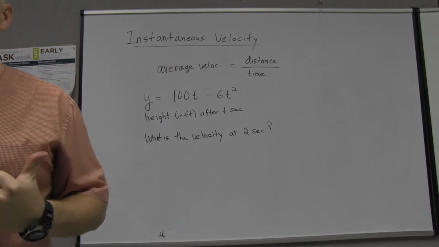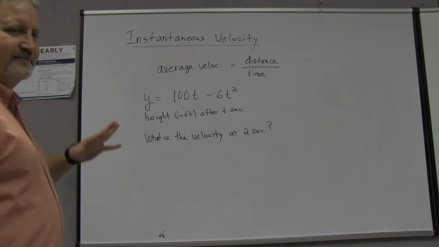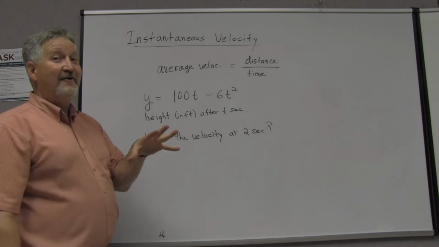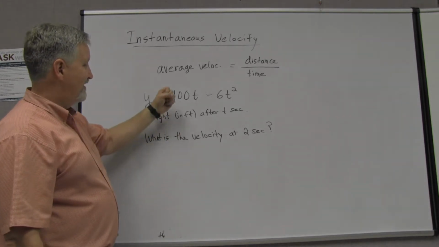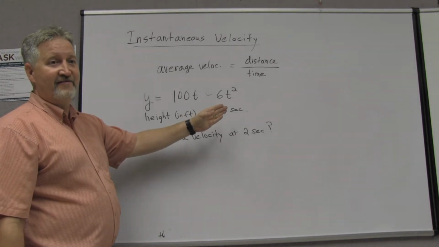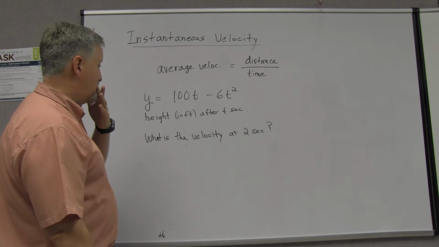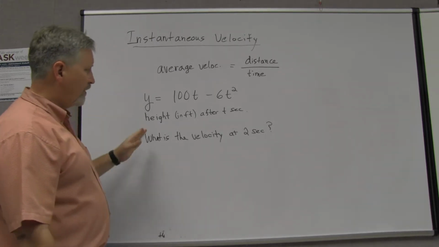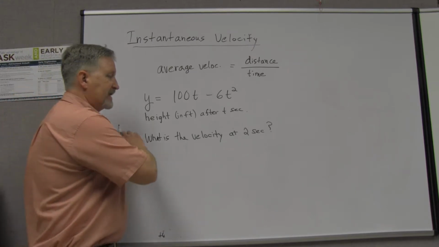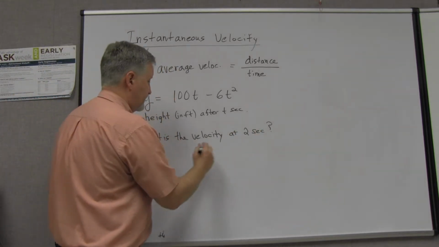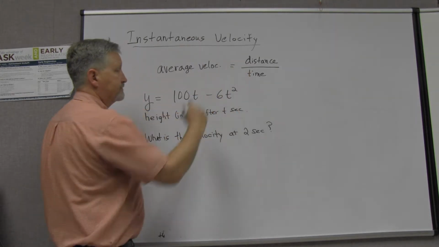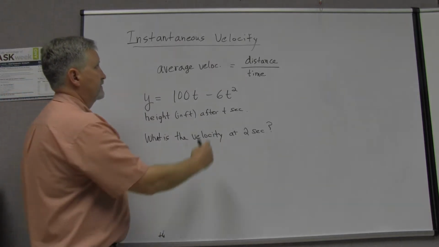Well, just from that formula, I can't tell you that, unless we know some other stuff. With what we've done so far, if I plug in the 2, that's not going to give me velocity, that's going to give me height, right? It's not just plugging in a number here. I want to know the velocity, and the formula gives me the height. So how do I go after this? Well, again, this is an instantaneous velocity, the velocity at an instant. However, what I'm going to have to use is average velocity